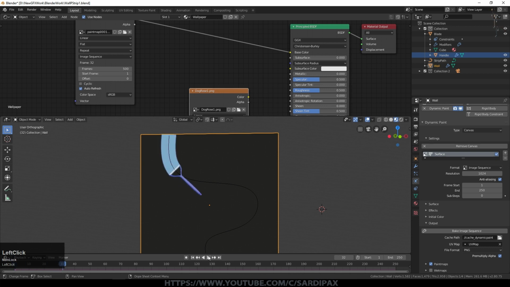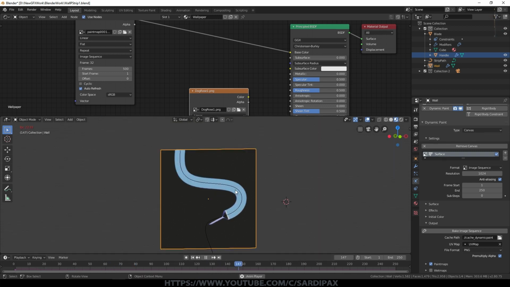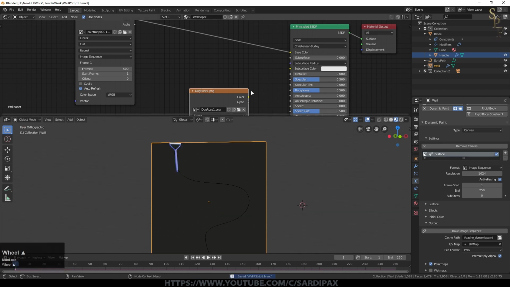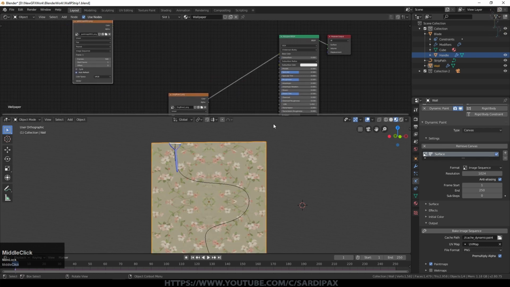And I had to reread the file in and reset the number of frames. And you can now see we're getting pretty much what we want. So it's just drawing our path onto the wall. So we now need to use that to decide whether we have wallpaper or wall. If I put my wallpaper back in, this is the image that makes the decision on what we have.